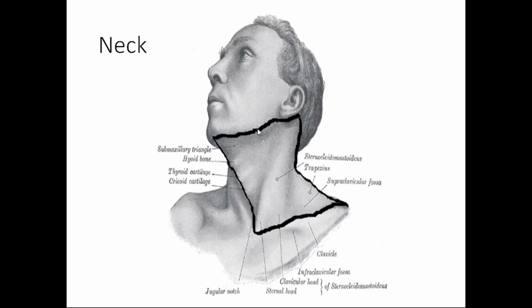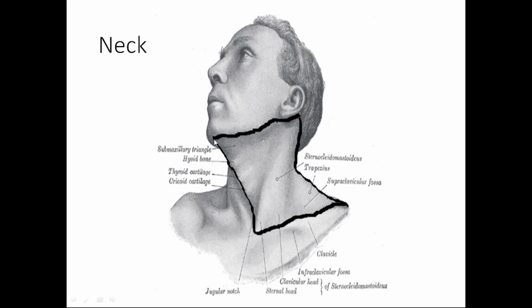So if you see, this is the superior boundary, and the inferior starts from the medial end of the clavicle, then it runs along the clavicle, then it reaches the acromion process of the scapula, then in the back it reaches up to the 7th cervical spine. Behind, if a line is extending from the mastoid process, it goes along the superior nuchal line, then it ends at the external occipital protuberance. From there, if you draw a line straight connecting to the 7th cervical spine, it marks the posterior midline boundary of the neck.